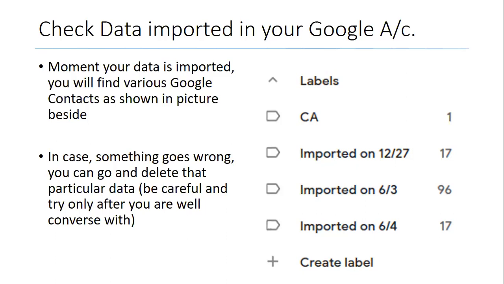Now, if we delete from here, will it not get deleted from my main contact book? It will go everywhere, because the data is syncing. It will get deleted from your contacts and also from your mobile. But the reason I said it is that the moment my work was over, I did it. Today I added 17 members, and I don't want to keep that database of 17 members in my contact book, so I will go and delete them.